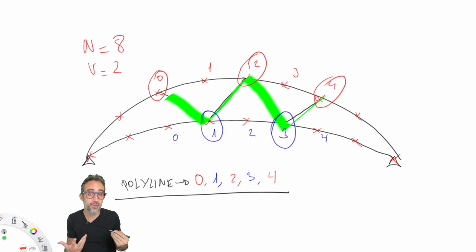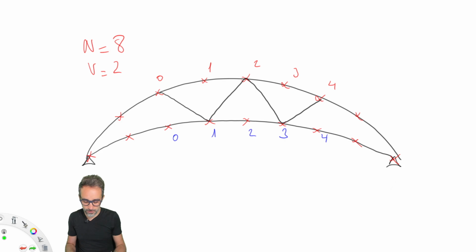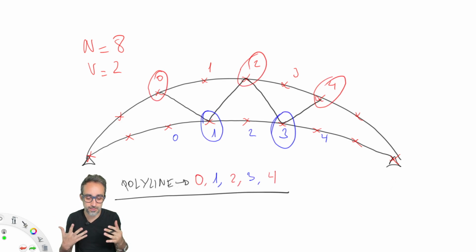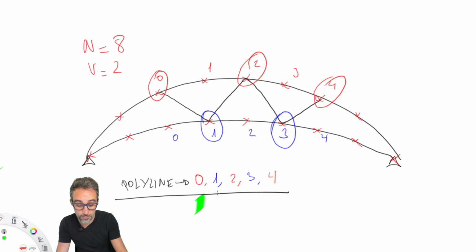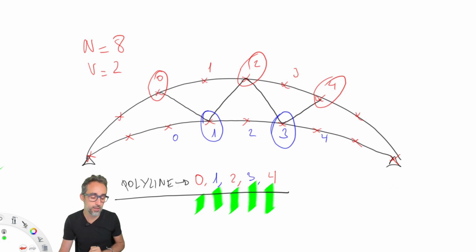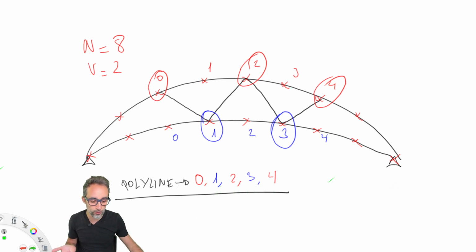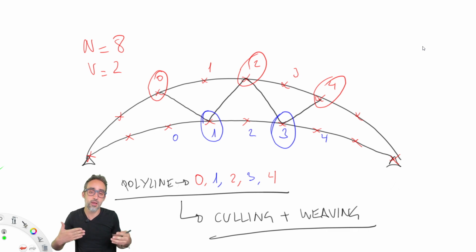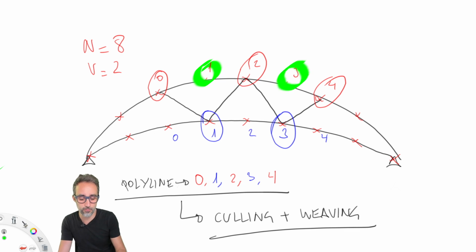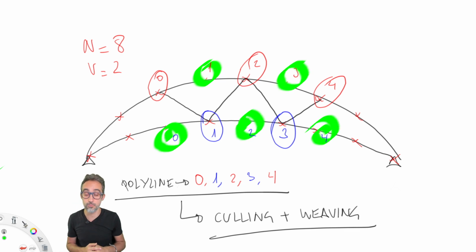So for that, we will actually need to do some kind of geometry processing or list processing that will involve creating a new line that has element number 0 from the top, element number 1 from the bottom, element number 2 from the top, element number 3 from the bottom, element number 4 from the top. And that process is going to involve two operations that we haven't seen in the lectures, but that I will teach you through this exercise, which are going to be culling. So that will involve removing this element and this element from the top one, and this element and this element and this element from the bottom one.